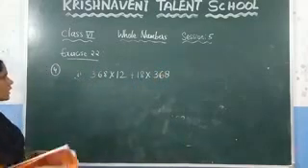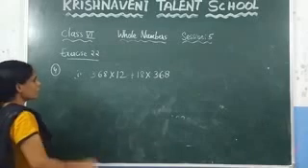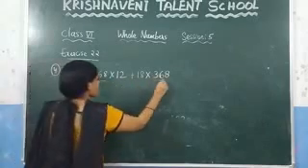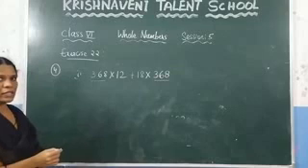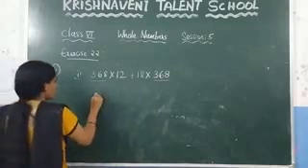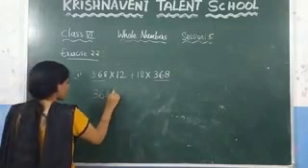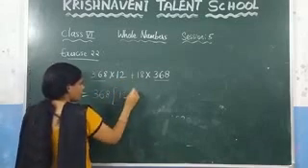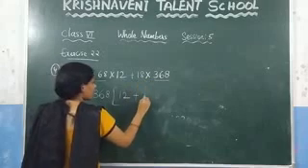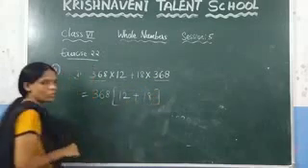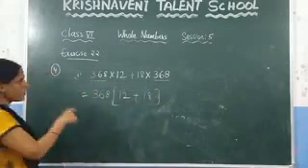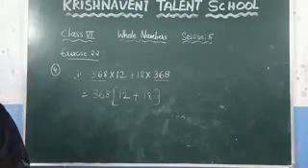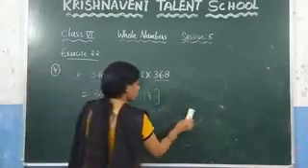Now see this problem. Here you can observe that 368 is there, and here also 368 is there. You can take the 368 common. If you take the 368 common, what is the number left out here? Here 12 is there, and here plus, and what is the number left out? 18. By using which property have we written this one? By using the distributive property we have written this one.